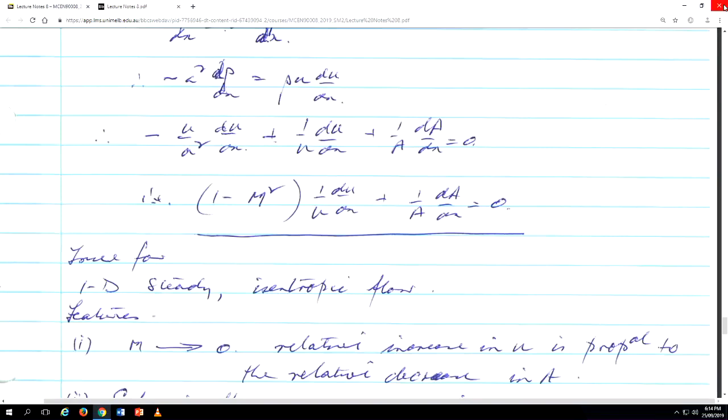So what I get is 1 upon u du dx, which gives me a 1 for this term here. And then I have a minus M squared, 1 upon u du dx, plus 1 upon A dA dx is equal to 0. I'm reminding you that that equation, which is so significant, could have a box around that whole equation. That's true for